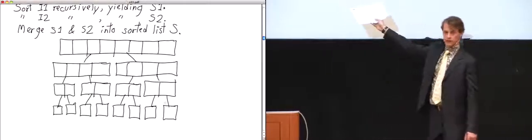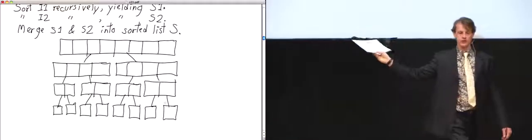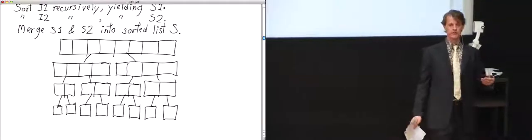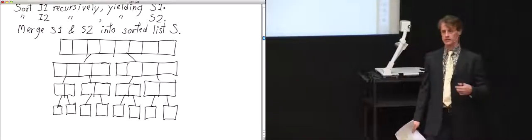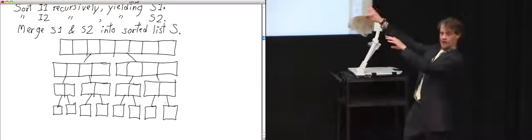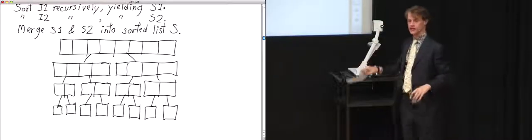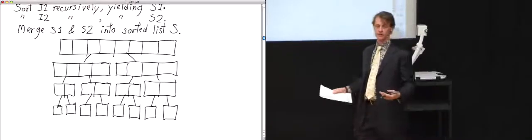What I've just drawn here on the board is a tree that shows you the structure of a sequence of recursive merge sort calls. So it's a little bit like a game tree. This is not a data structure. You do not actually create a tree data structure. Just like when I was drawing the pictures for game tree search, this just tells you what all the recursive merge sort calls are. So when you get down to the bottom, let's suppose that the numbers that you wanted to sort were 7, 3, 9, 5, 4, 8, 0, 1.